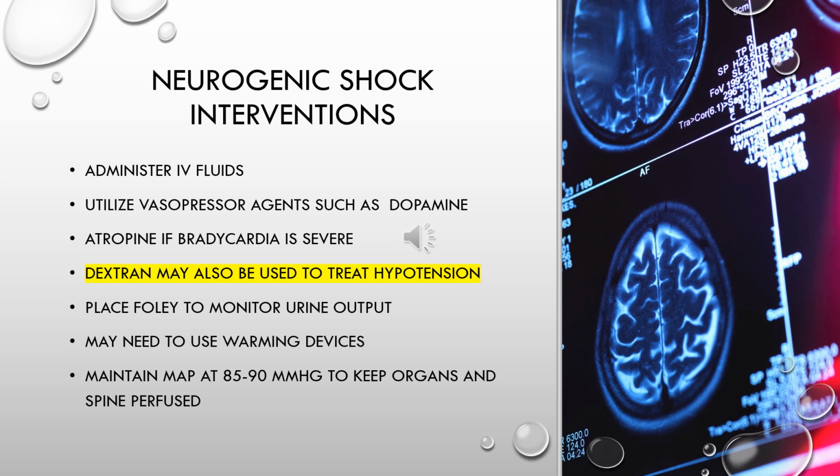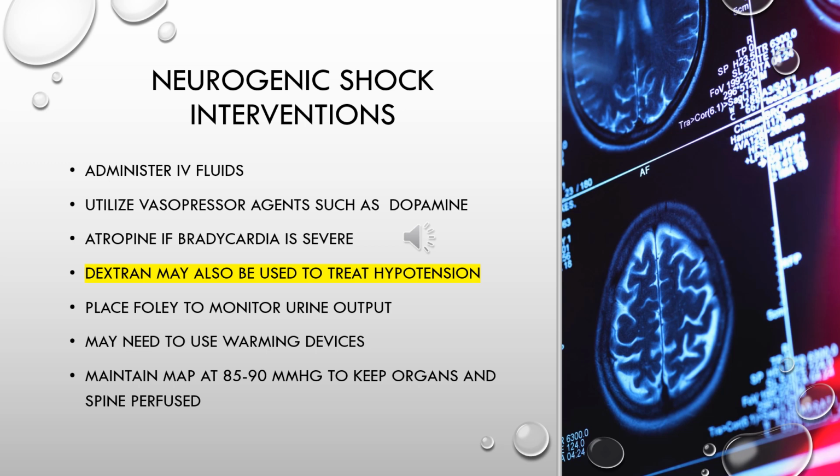I will say your book on page 898 under the intervention section will tell you a little bit more about what they do here. It's just like a paragraph long. It doesn't take but probably 2 minutes to read, if that much. And then lastly, because the heart rate cannot respond because of bradycardia, you may have to give atropine if the bradycardia becomes severe. So if it's like 60 to 50, that's considered severe enough that they would probably go ahead, especially if it drops below 50, that they're going to go ahead and give the patient